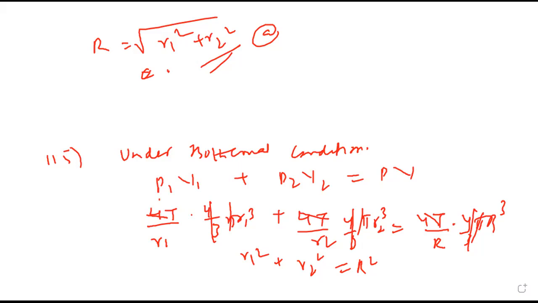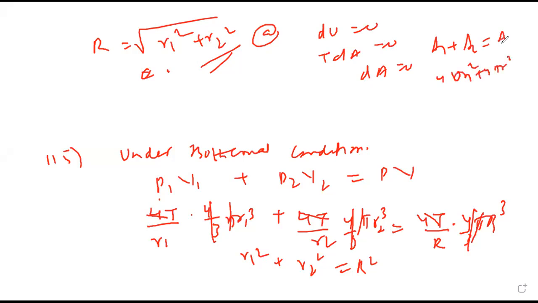See, we can also do it by this method. Since isothermal condition, temperature is not increasing. If it is a bubble, that means it is filled with gas, so I can say change in internal energy is 0. That means T into change in area is 0, so change in area is 0. So first area plus second area is final area, which is 4 pi R1 square plus 4 pi R2 square equals 4 pi R square. So 4 pi cancels throughout, and you will get the same answer. Same meaning.